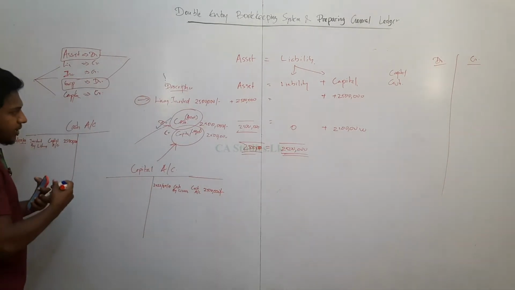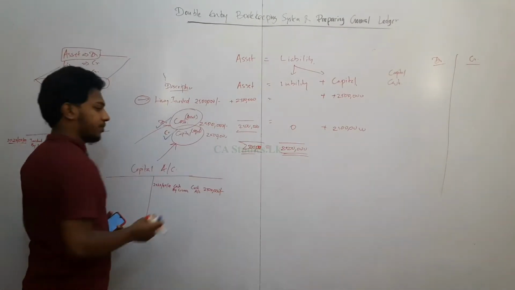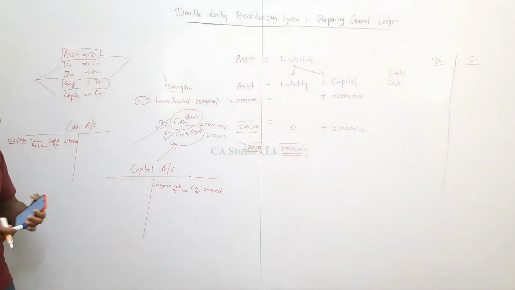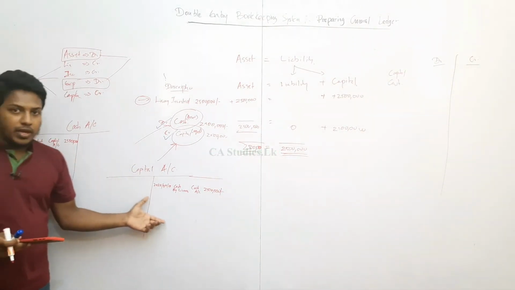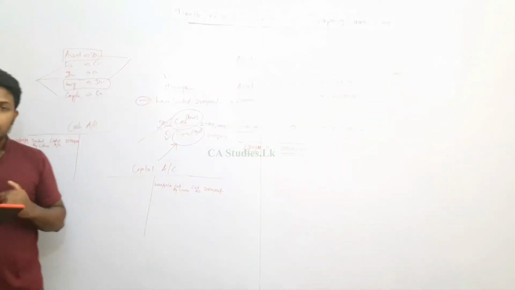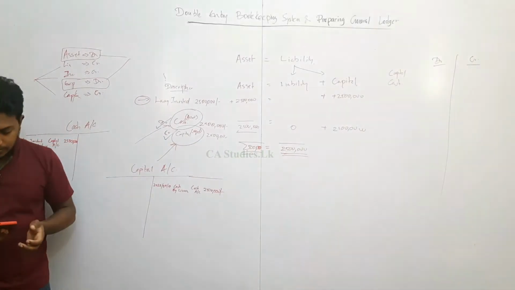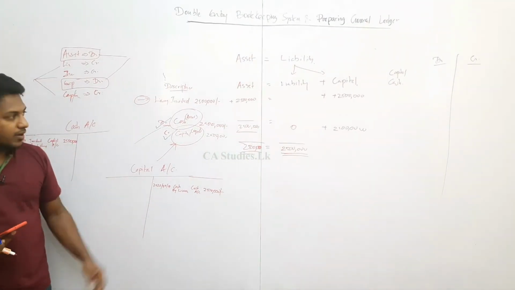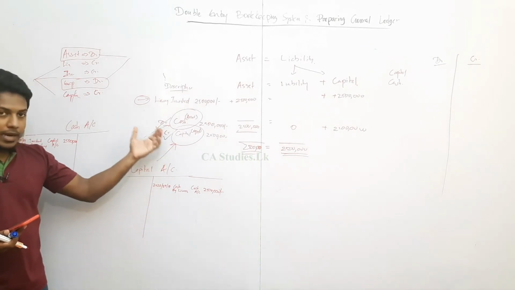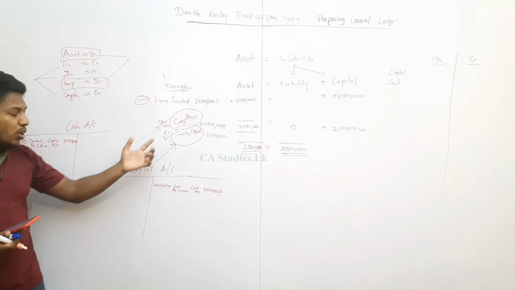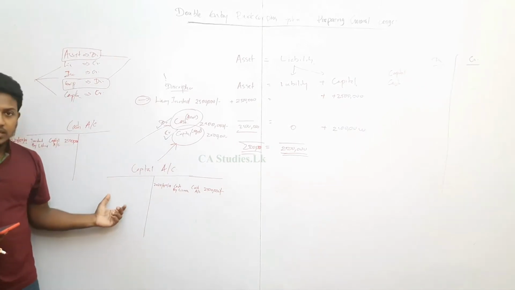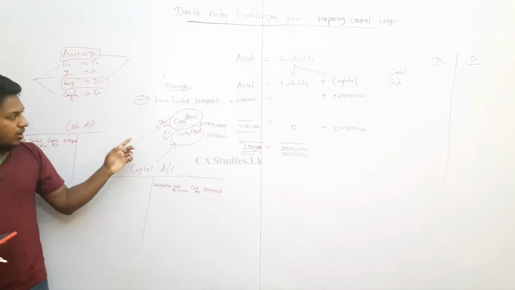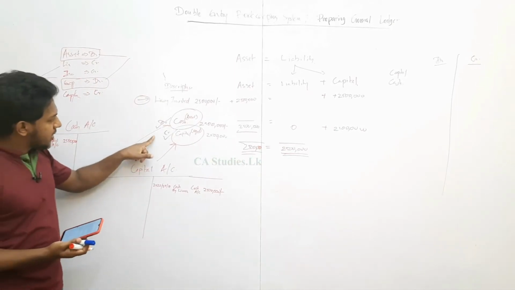Now we will cut this first. Why am I saying to cut this debit and credit double entry? Because there are only two accounts here. If I take all the accounts in this question, there will be more than 30 accounts. Once you pass the double entry, until you prepare the general ledger, don't cut the double entry. After preparing the general ledger, cut the double entry. Don't worry about this. Now when you see the working paper, you can see, okay, tick.